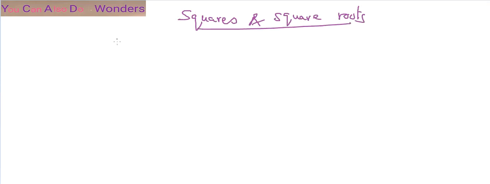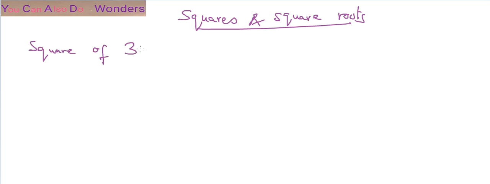Okay, in this video we'll discuss squares and square roots. Okay, square. What is the square of a number? The square of a number is the number multiplied by the same number. For example, square